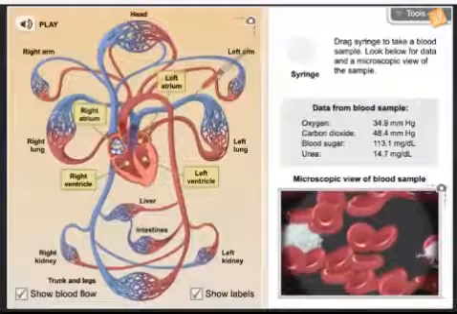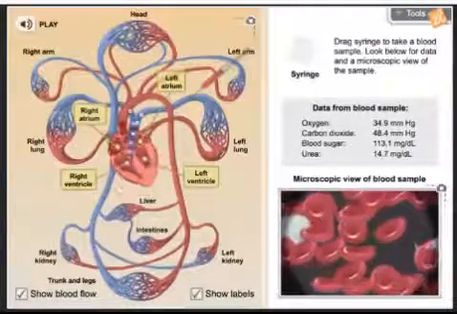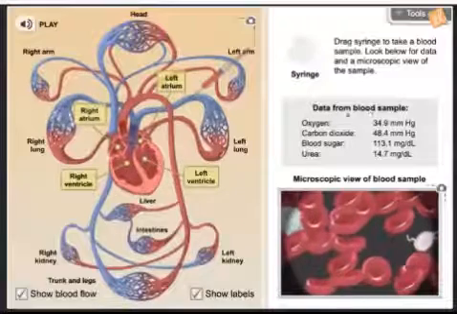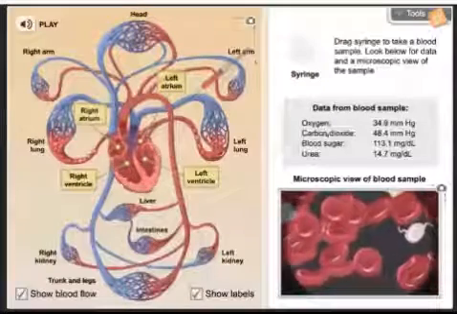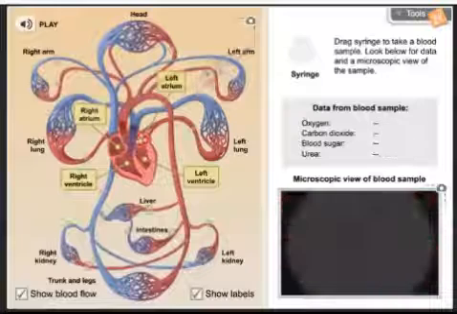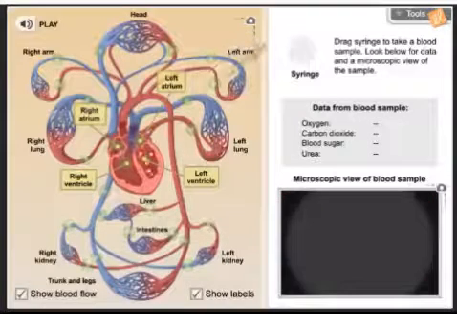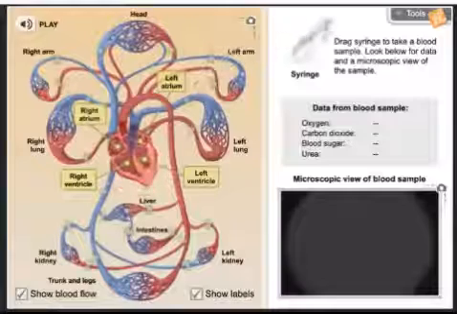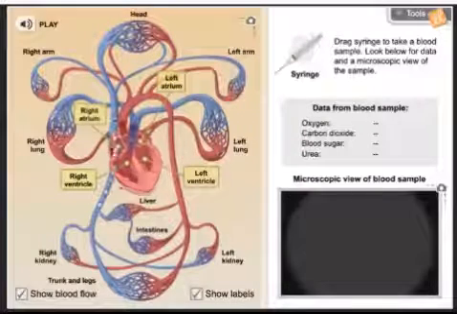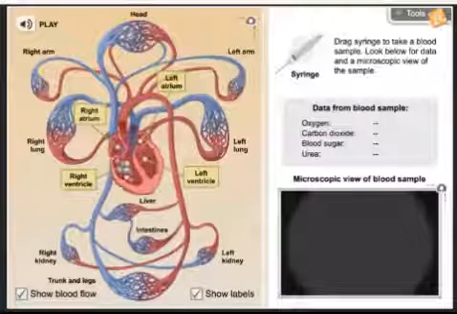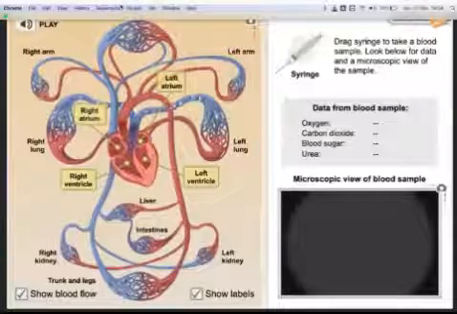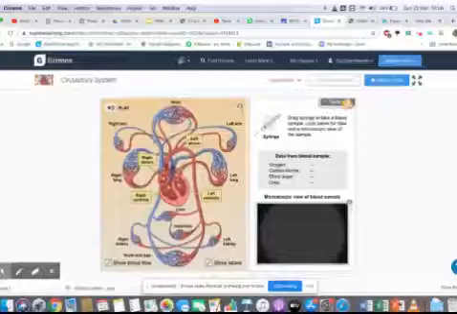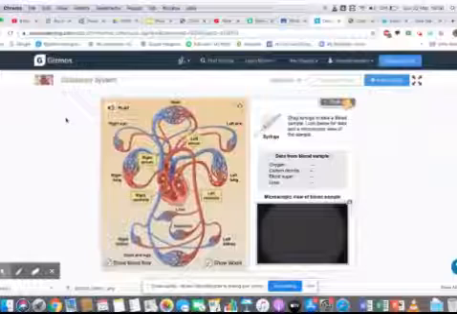So what I want you to do is then compare the data from the blood sample for oxygen and carbon dioxide from an area where the blood is oxygenated, so a red area, okay, and see if there is a difference. And then tell me why you might think there is a difference. So basically, this awesome Gizmos